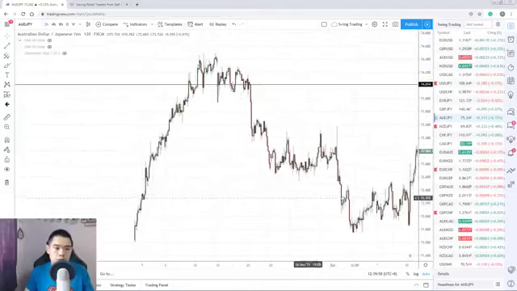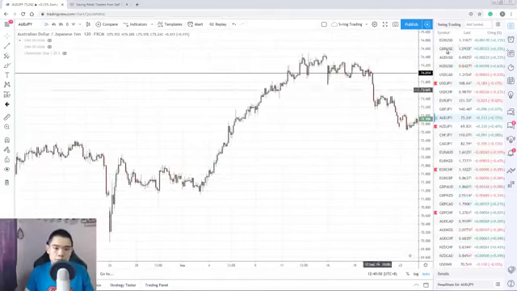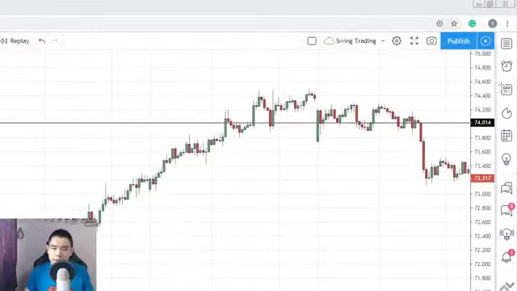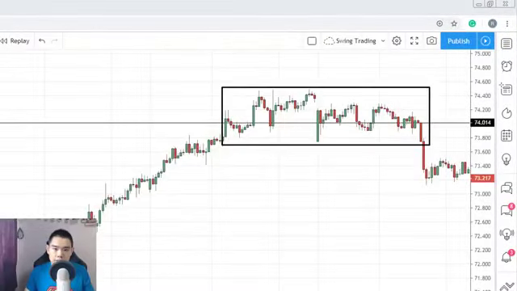I just zoom out a little bit, and you can see that over here, this is where the break of structure technique comes into play. At this point, you can see that this is the resistance you saw earlier on the daily time frame. And on the 2-hour time frame, you can see that sellers are starting to come in and taking control of the market. You notice that previously you had a series of higher highs and higher lows, but at this juncture you now have a lower high, and this is the area of support